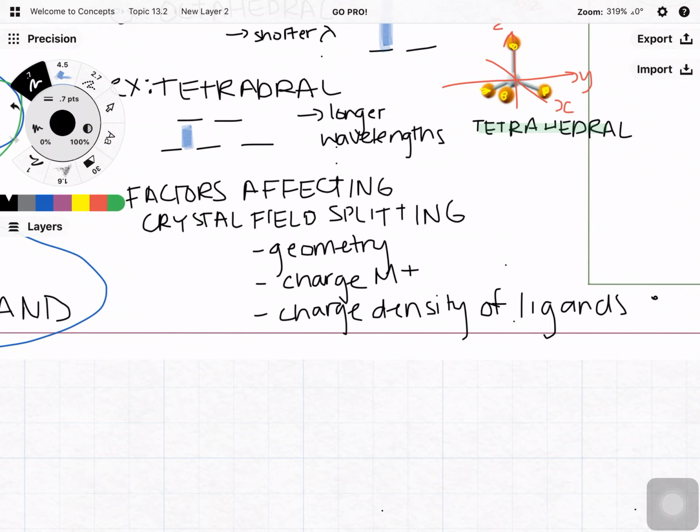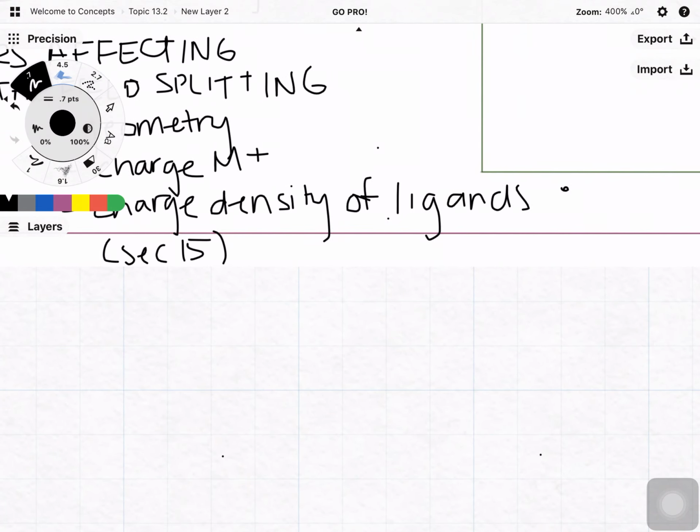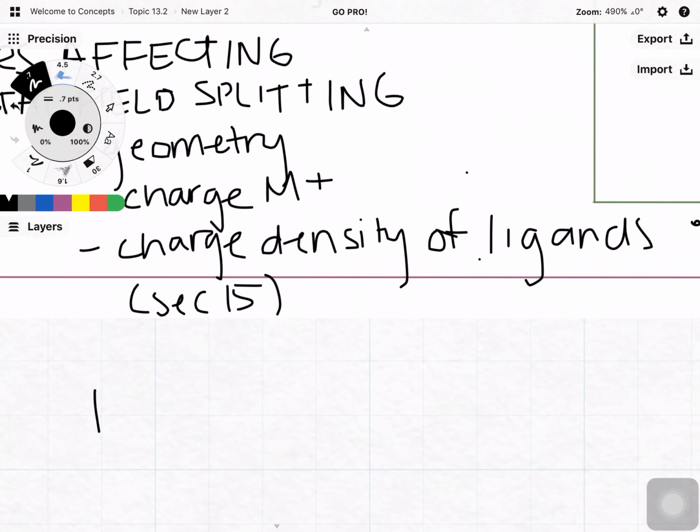Okay, so let me just find that table. It looks something like a list. It's called the Spectrochemical Series. It's section 15. So again, this is section 15. And what it does is it tells you which are the strongest field ligands and which ones are the weakest. If you take a look, you'll see iodine is the very lowest listed ligand, so it causes the least splitting of d orbitals, absorbs the longest wavelength of light, and then we follow on with a few more halogens,